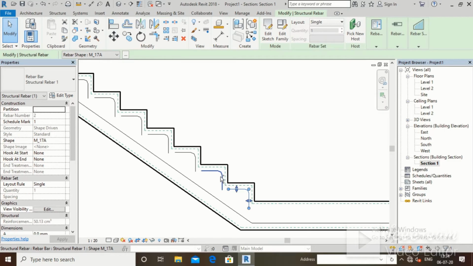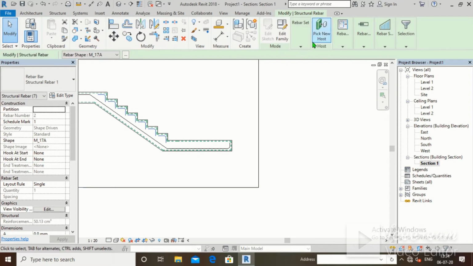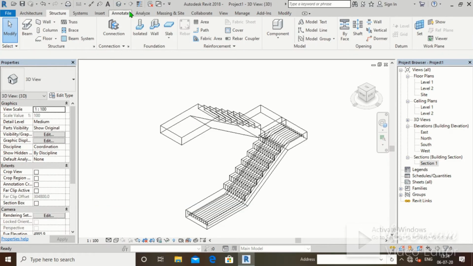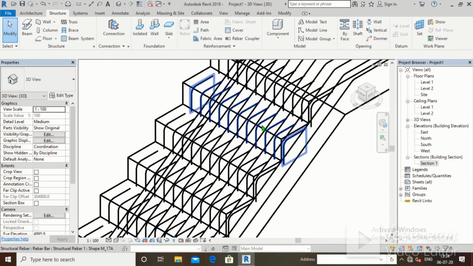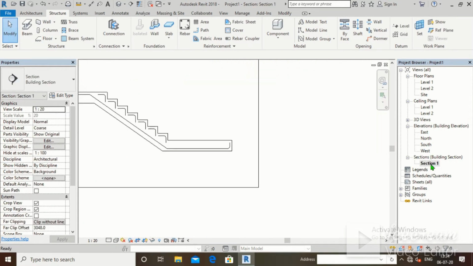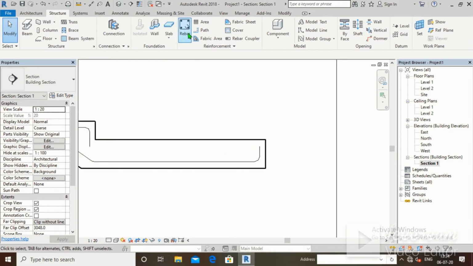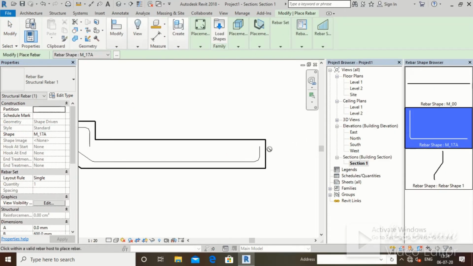Okay, we will select all of them. Select rebar set, maximum spacing 100 mm. If we go in default 3D view, we could see these bars. Go in section, click on rebar, select M17A.